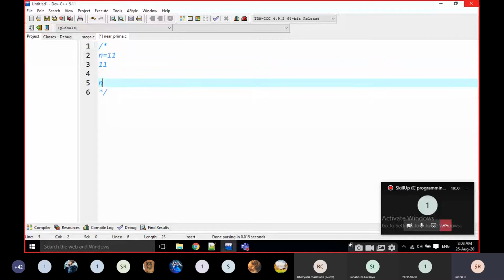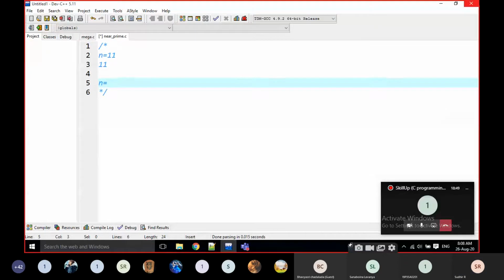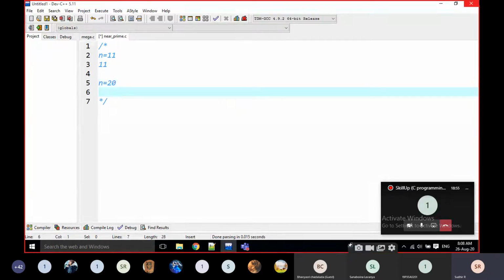Okay. The second case, for example, if it is 20. What is the nearest prime of 20?